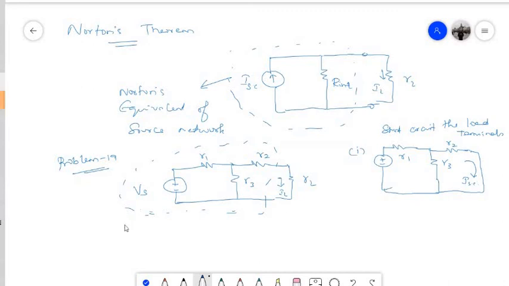Now if you use the current division rule, it will be very easy to find the short circuited current, because there will be some current coming out of this source Vs. Let's say this is the current I, and this current I gets divided: through the R3 resistance, and another portion flows through the R2 resistance. The current flowing through R2 will be the same as the short circuited current ISC. So, using current division,